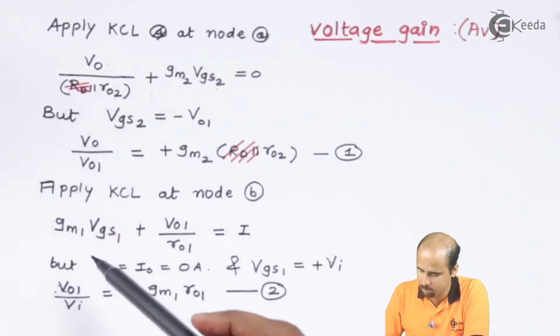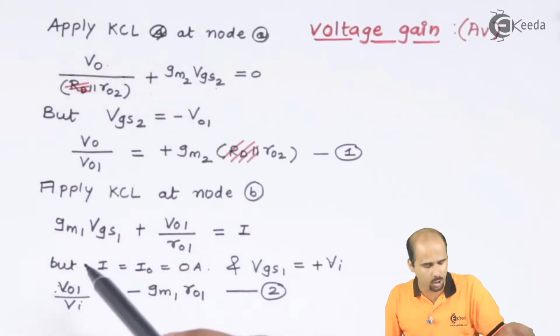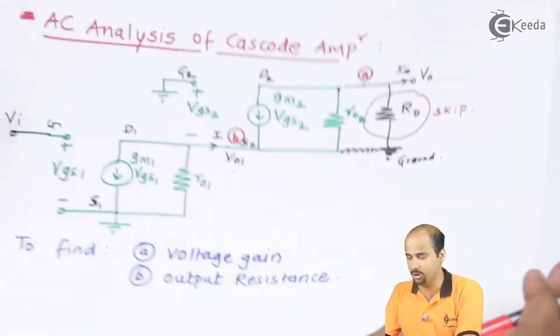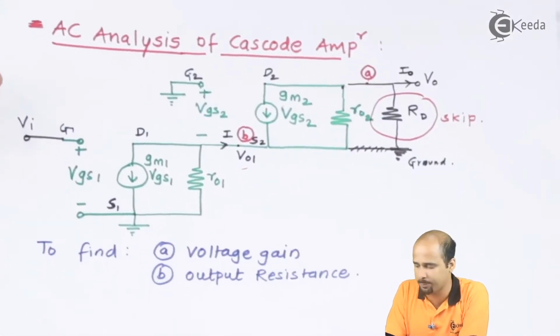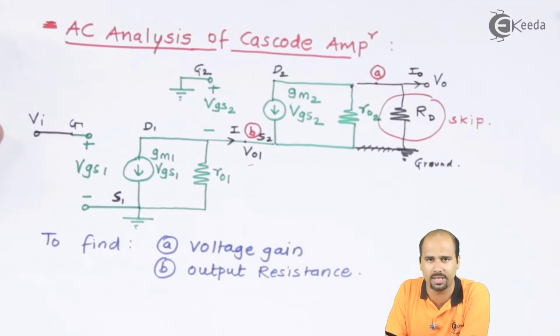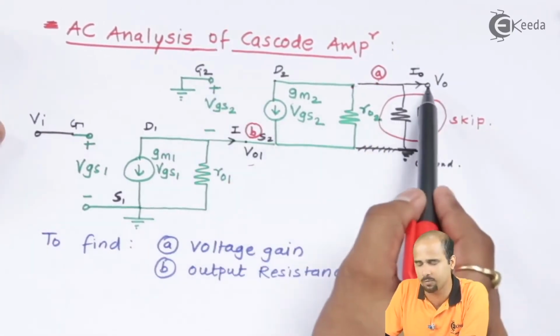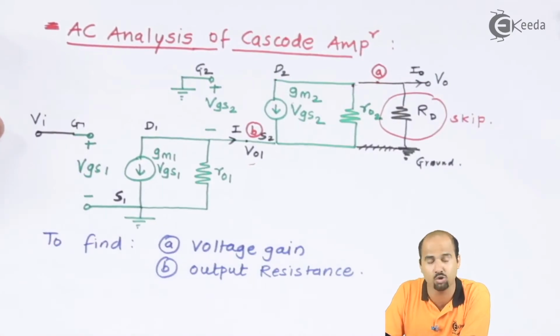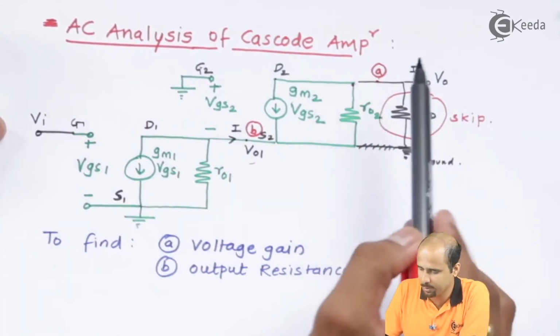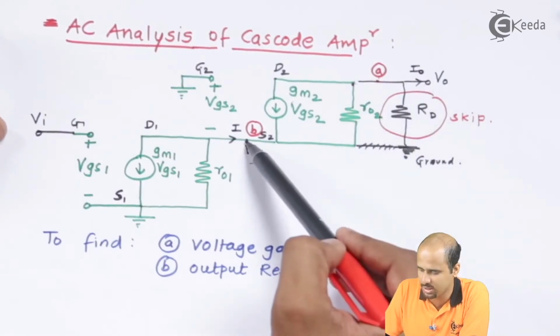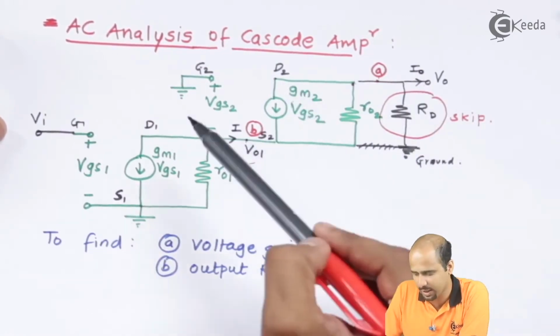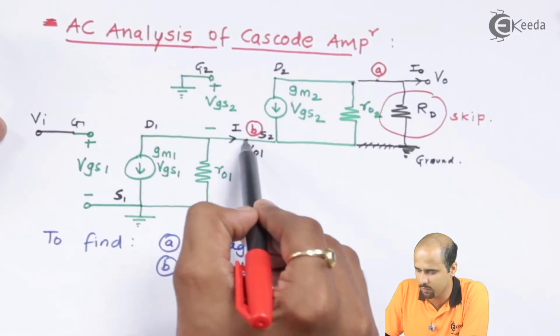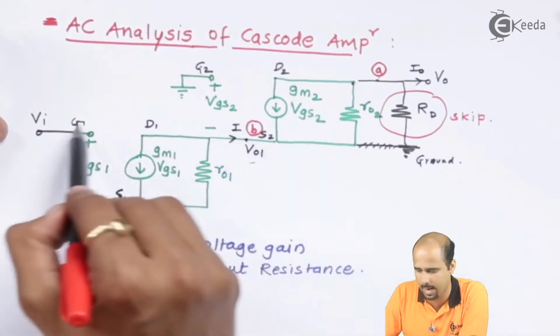Okay, let's move towards finding the voltage gain, towards the value of Vi. To find the voltage gain, we are starting from Vo and we want to reach Vi, so that we get the ratio of Vo divided by Vi. Up till now we have reached the value of Vo1, and now we want to find the ratio of Vo1 and Vi.